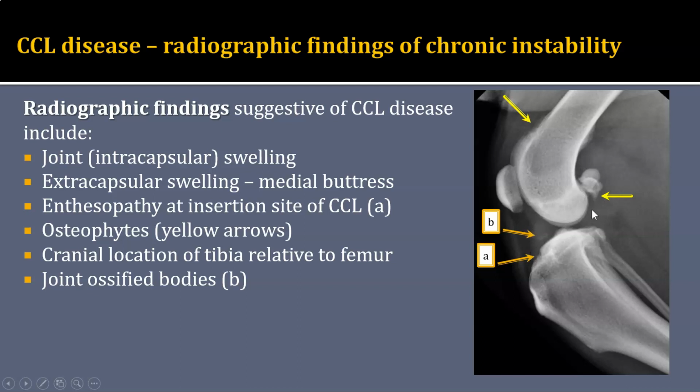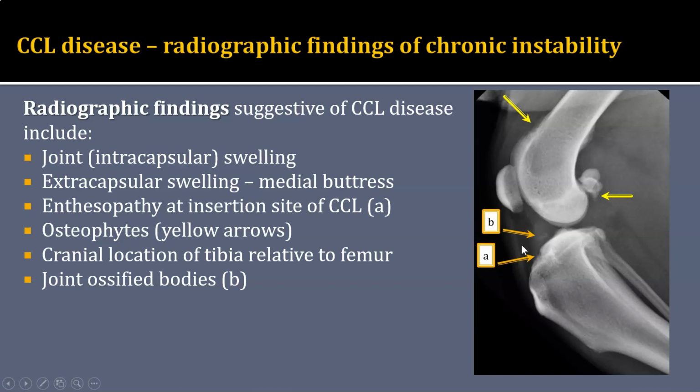Also has the intracapsular soft tissue swelling or joint swelling of the stifle, has a little bit of that periosteal reaction, which is the enthesopathy. And the term enthesopathy actually comes from enthesis, and enthesis is the cartilage that is between the tendon, ligament, joint capsule, and the bone. This patient finally has this kind of oval, mineralized or ossified body in the cranial aspect